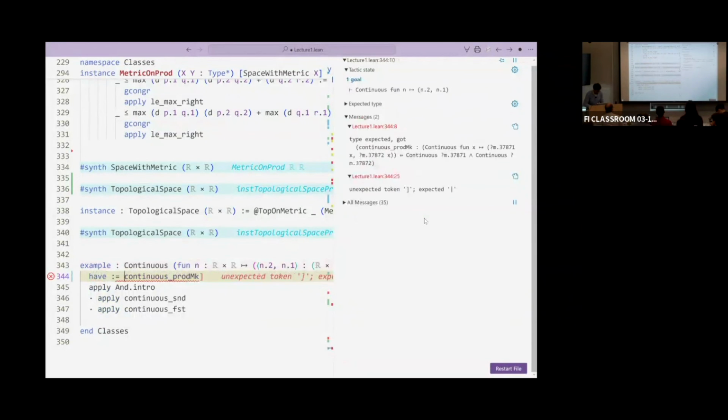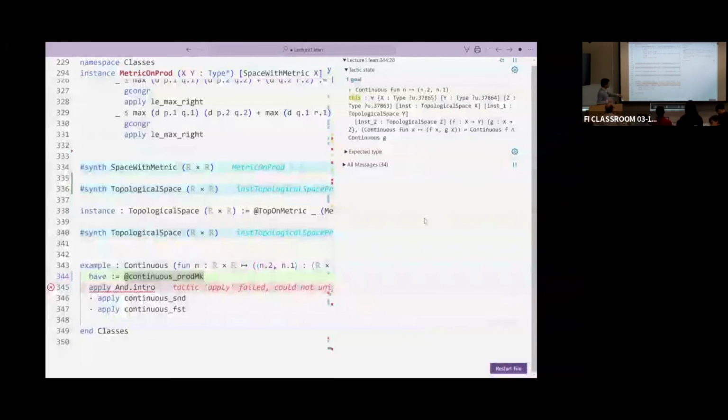Let's try first of all to produce my term. This at lets me enter every single thing I want to put. So I need to provide an X, a Y, a Z, a topological space structure on X, a topological space structure on Y, a topological space on Z, two functions, and then, okay, let's go.